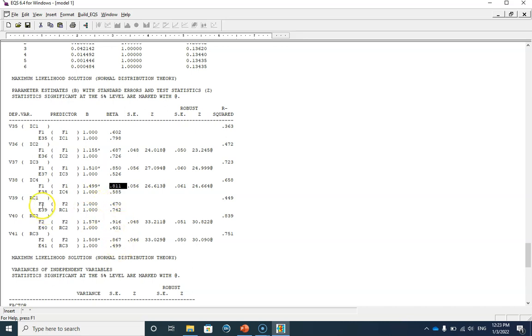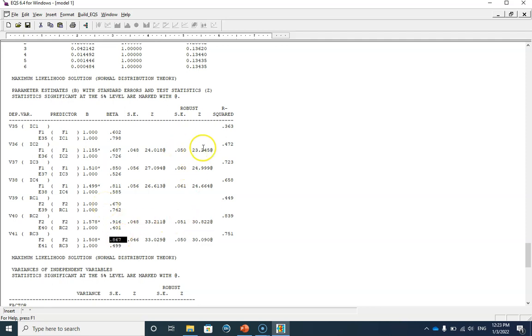And then we have the 3 items for role conflict, RC1. Again, you can see that the factor loading was fixed to 1, so this parameter was not estimated, but its standardized value is 0.67. Also, the second item is 0.916, and the factor loading for the third item of the role conflict factor is 0.867. So here you can see the factor loadings and also the R squares for any of these variables,